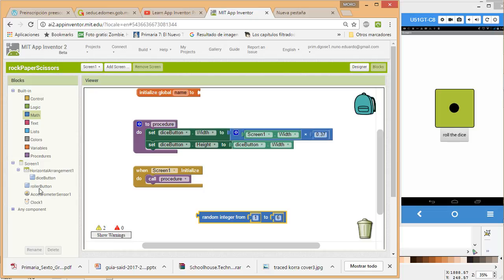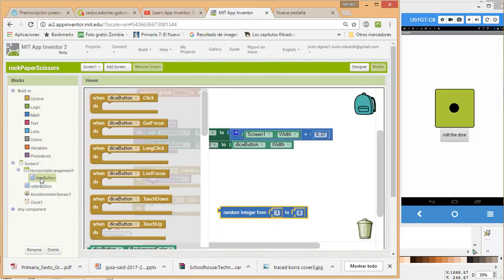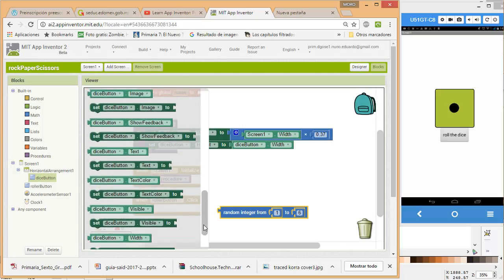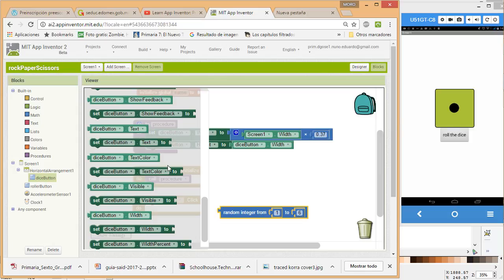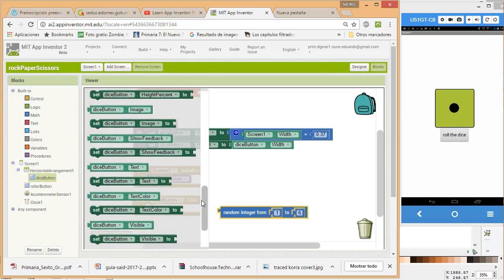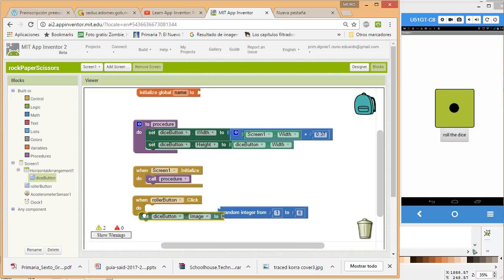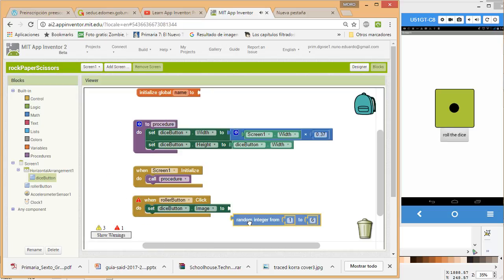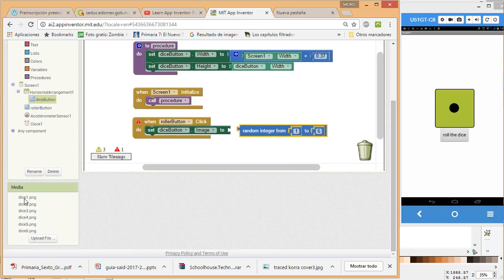When we click the roller button, we're going to change the image in this button, these dice. I don't know why I use a button, it can be just an image, but well, it's okay. So I go here and set the dice button image to a number. No, because if you remember, we have these names, dice